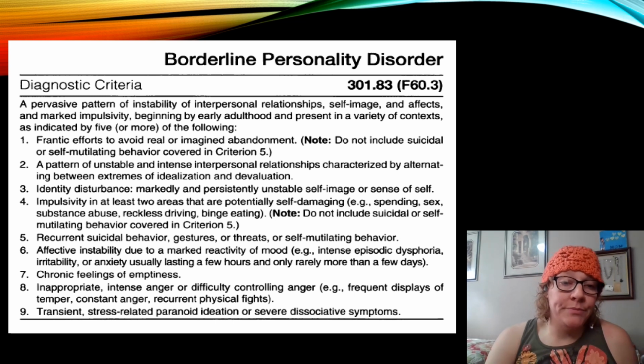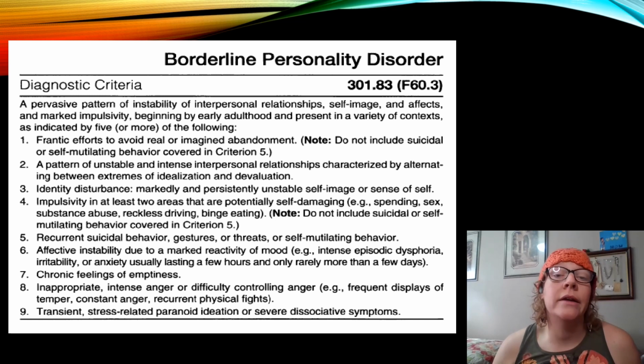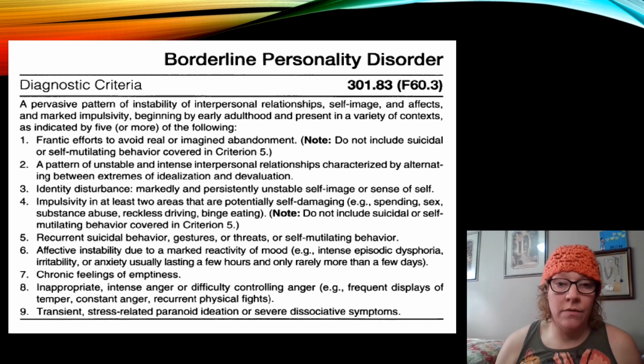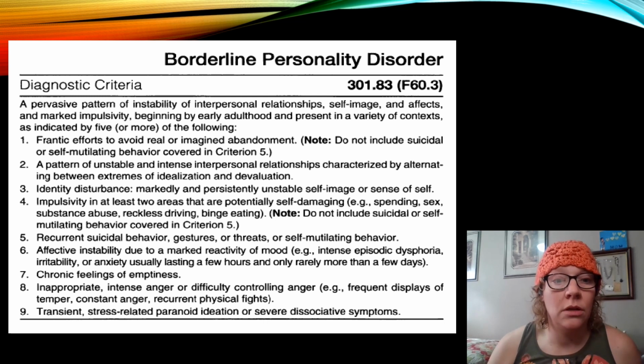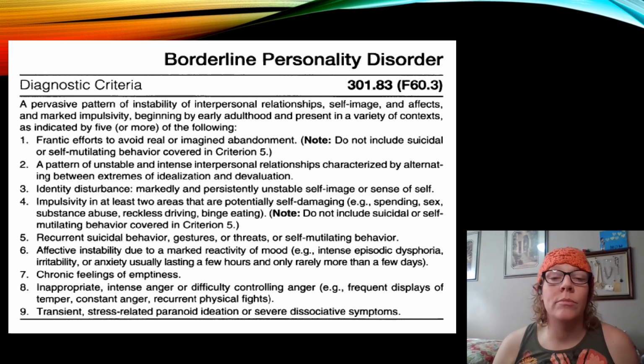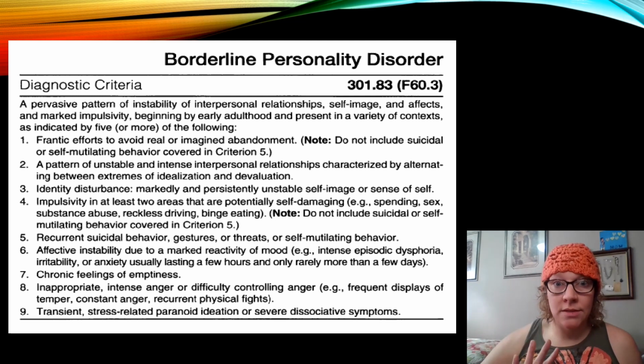So, number 1, frantic efforts to avoid real or imagined abandonment. And there's a note here, and they're going to note this a couple of different times, that this does not include the suicidal or self-mutilating behaviors covered in Criterion 5. So any efforts would be covered in Criterion 5 if they have to do with suicidality or self-mutilation. So frantic efforts to avoid real or imagined abandonment. And we're going to go through these symptoms later and talk about how they relate to changes in the brain